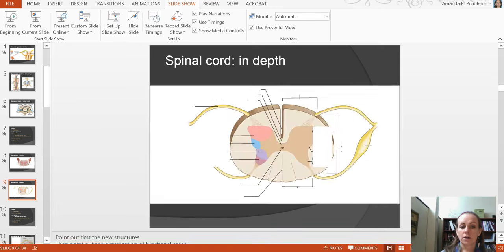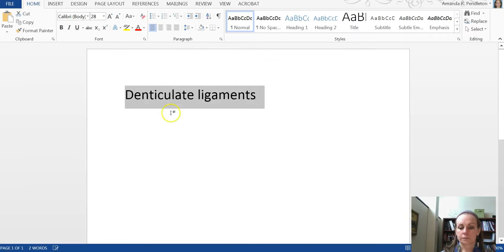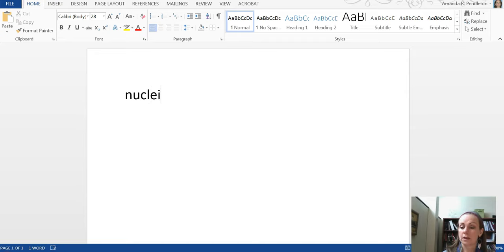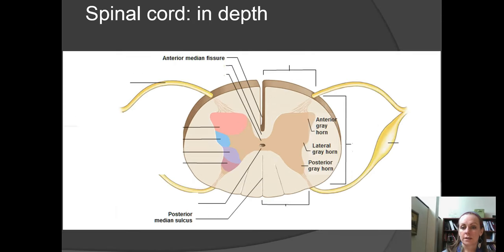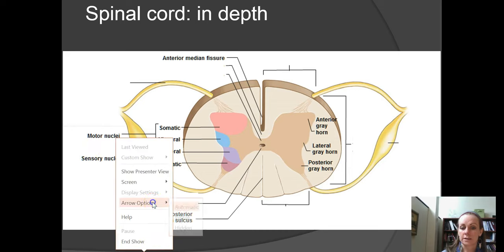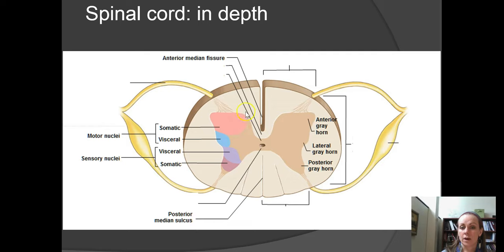Now remember, nuclei, when we're talking about these large structures in the brain or spinal cord, it's a collection of cell bodies. So that's what we're talking about here, that we have somatic motor nuclei, a collection of the cell bodies in that anterior gray horn. Okay. Now for the lateral gray horn, which we can see in the blue and the light purple, we're going to have both visceral motor, which is also the same thing as autonomic motor,